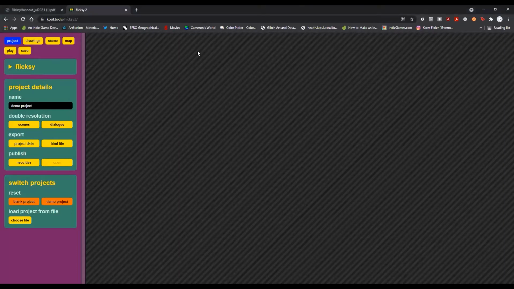So this is what the page is going to look like when you open it. I'm going to make a little scene where we're exploring a forest. So I'm going to go ahead and name my project Forest Adventure. And as you can see,